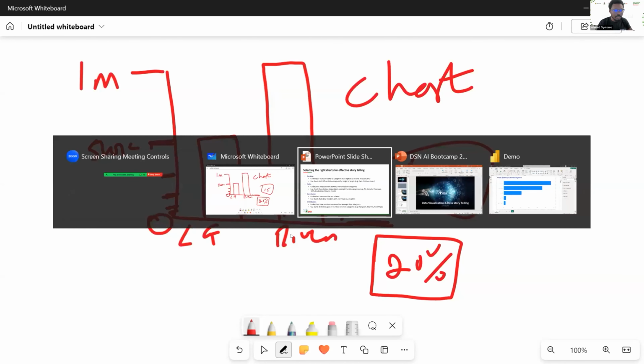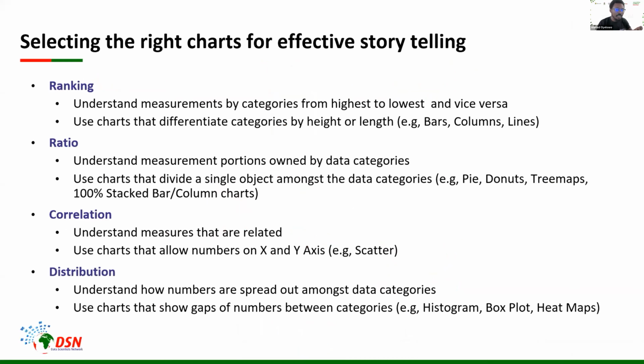Okay. So since charts dominate data visualization, it's important for us to talk about how to choose the right chart. This is important because every single chart type out there has certain features that enable it to present information differently. What I mean by this is I can present the same information using two different charts, and they are going to mean two different things.